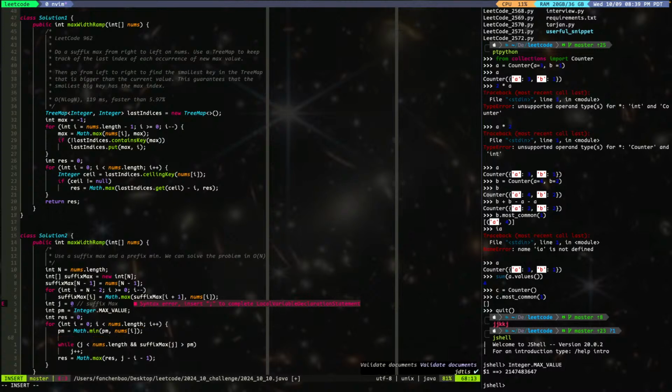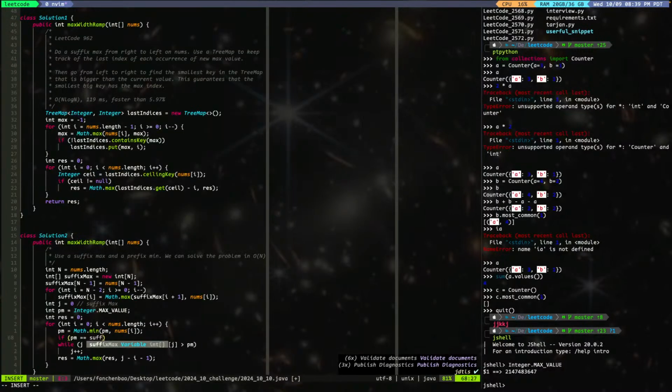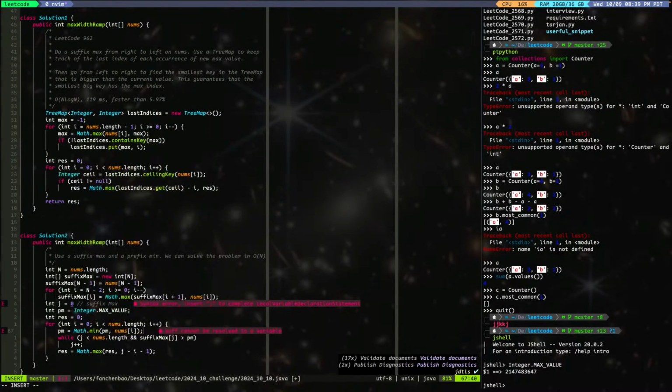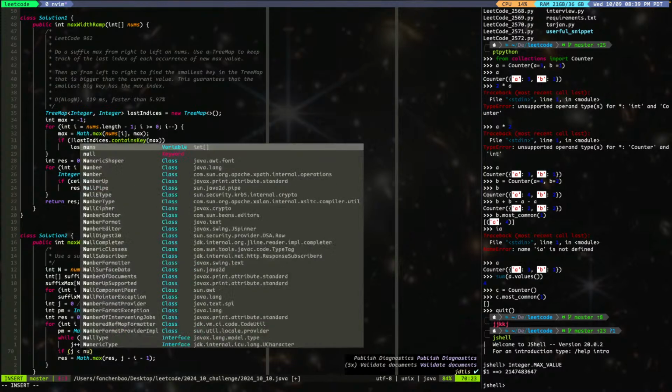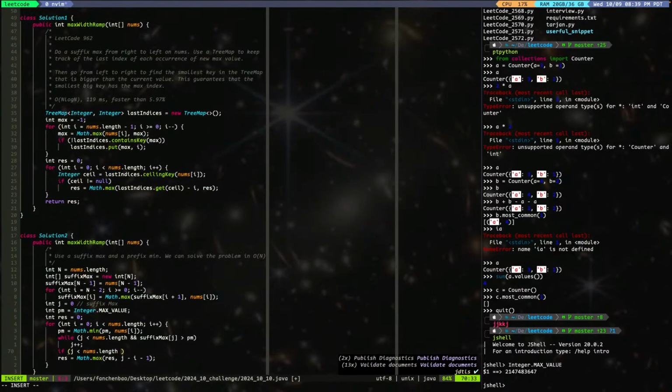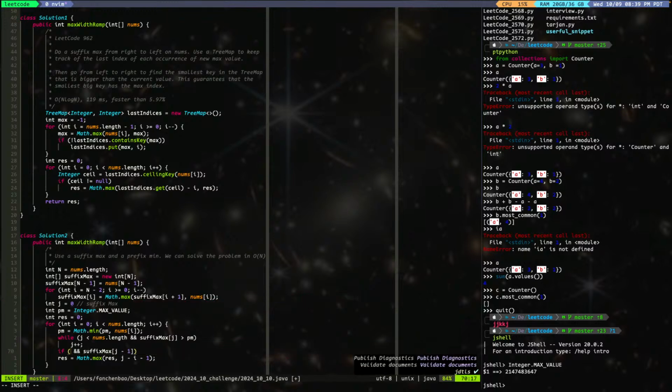We can say if PM is equal to suffix, because it can be out. So we shall do this, and if j is smaller than nums length and suffix max j minus 1. Actually, this is not necessary. Right, this is not necessary. But we do have to